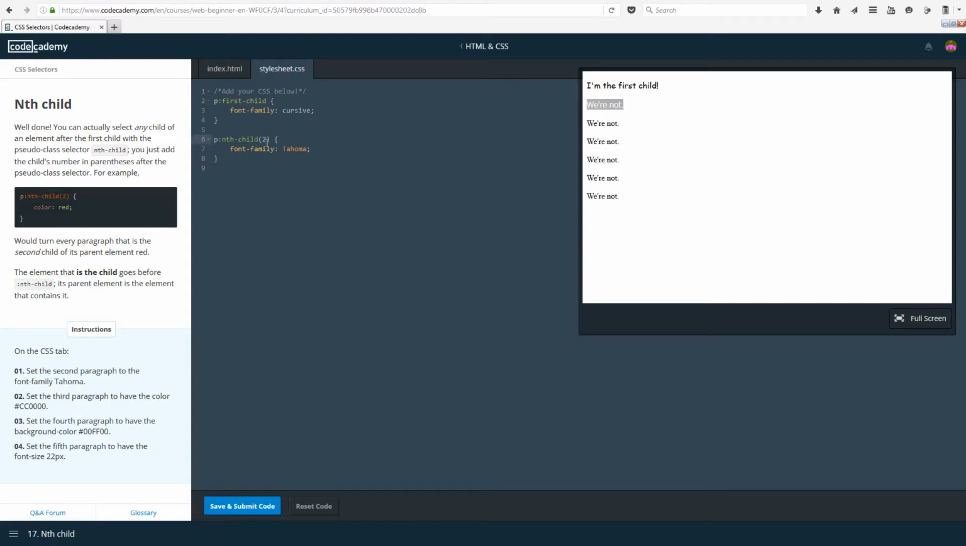If we do 3, it's going to change the third one, and you can notice the change very easily. What happens if we go outside of that? Okay, so nothing gets selected. And 1, the first one, and this is more specific, so it overrides the first child one. Okay, and okay, we have done that. Set the third paragraph to have the color of that. That's easy. I will just copy this and put a 3 there, and take font